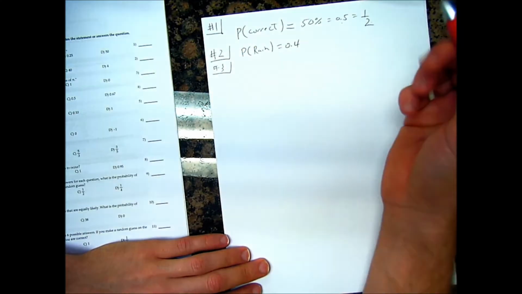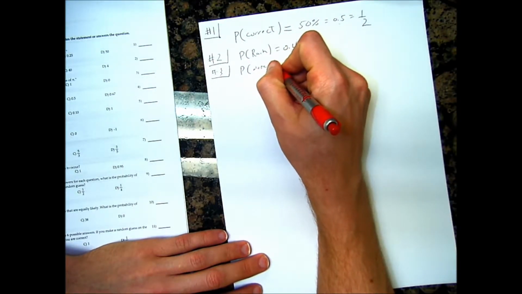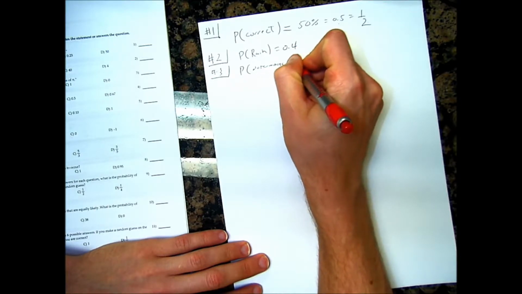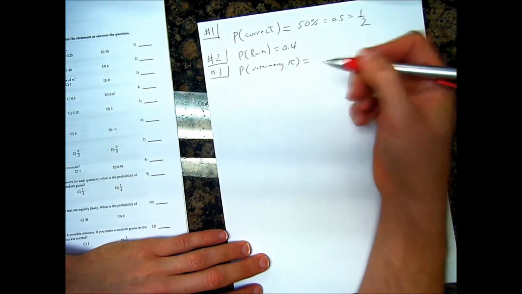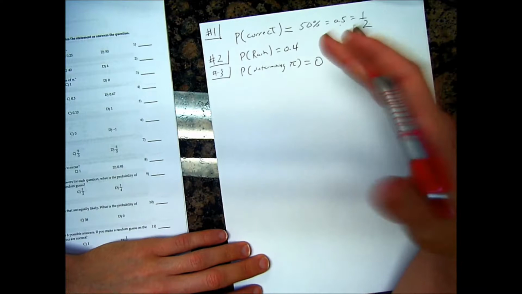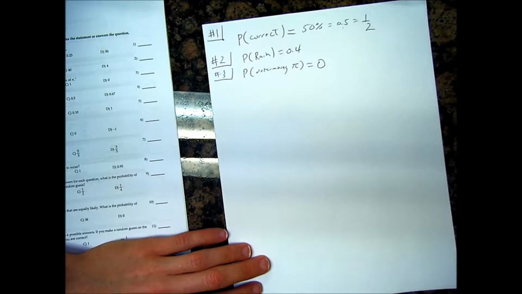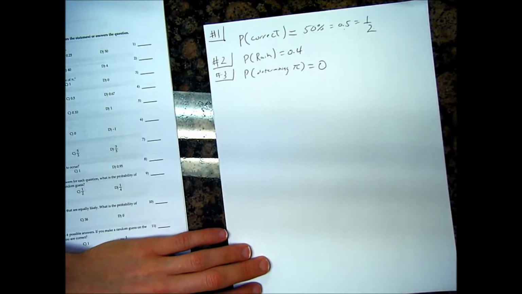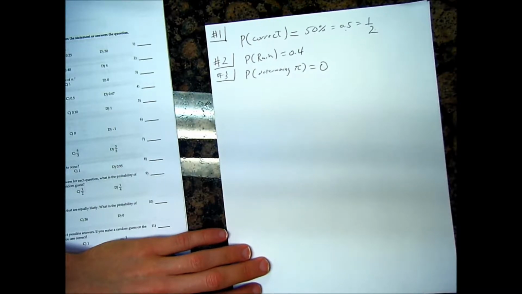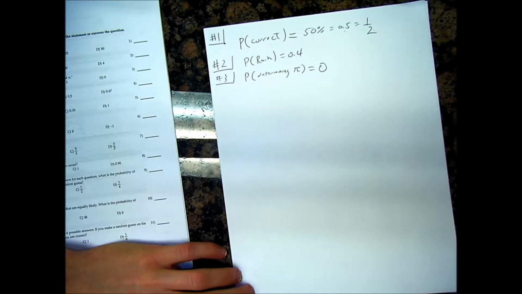You cannot determine the exact decimal number of pi. So probability of determining pi, if we cannot do it, then it's 0. So this is also the concept that probabilities must be between 0 and 1. If you think about saying that the probability of getting heads when you flip a coin is 2, or probability of getting tails when you flip a coin is -3, those numbers don't make sense when you're talking about probabilities. I mean, how is it possible to have a 200% chance of getting heads?